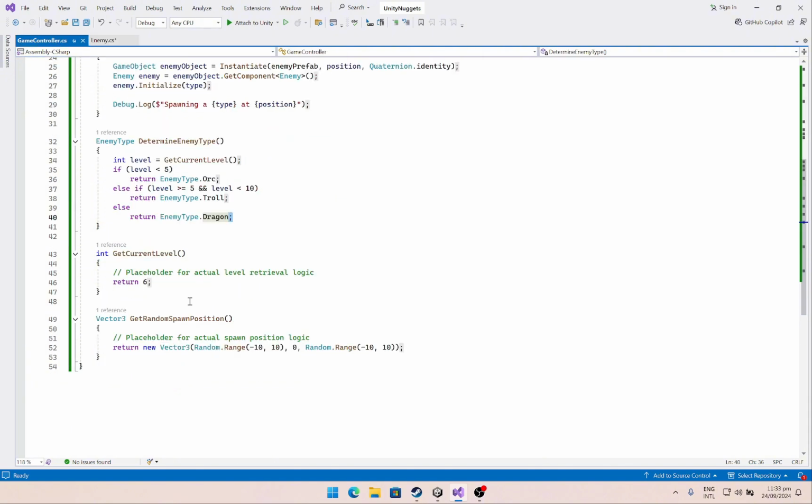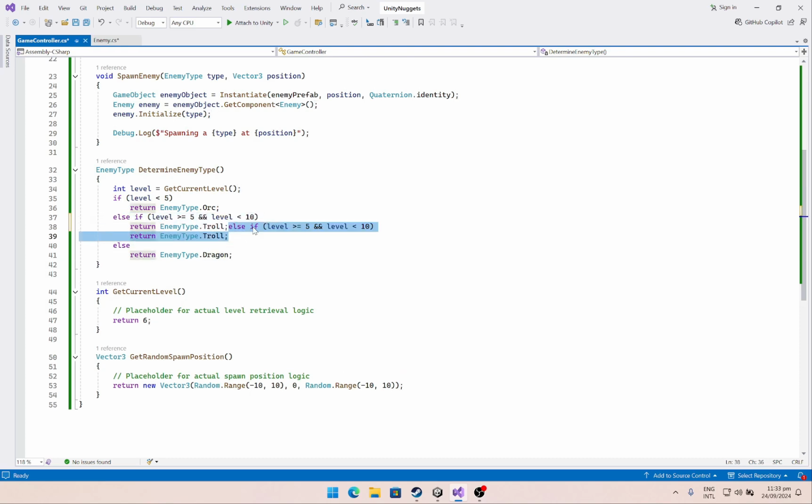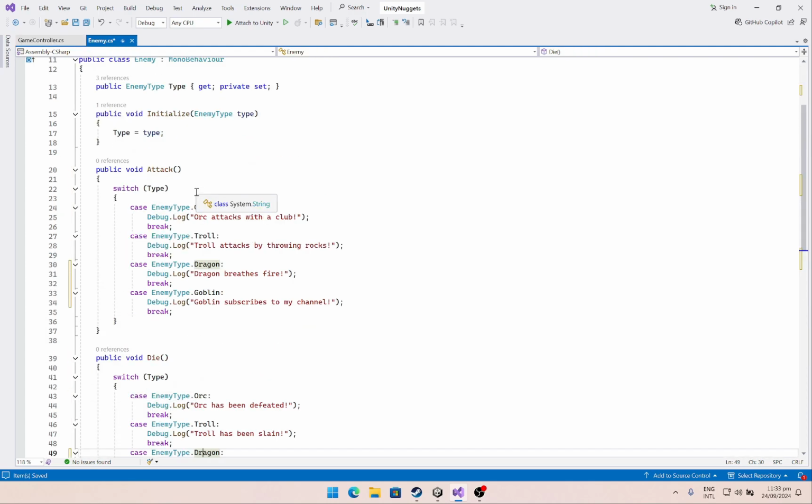And similarly, in the game controller, we would need to add a new if condition. So let's just duplicate this one. If the level is greater than or equal to 10 and less than 20, enemy type dot goblin. So this is how we can add a new type of enemy. So we needed to make a change in many places, which can lead to errors,